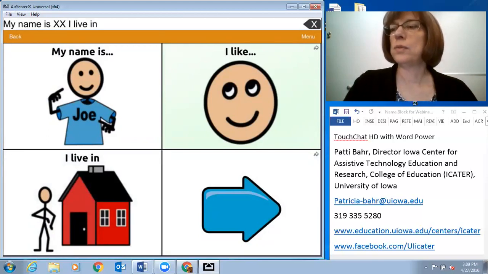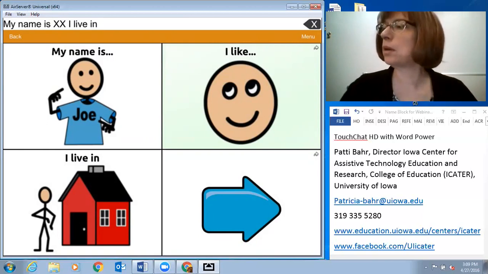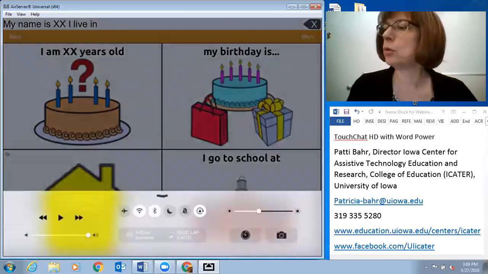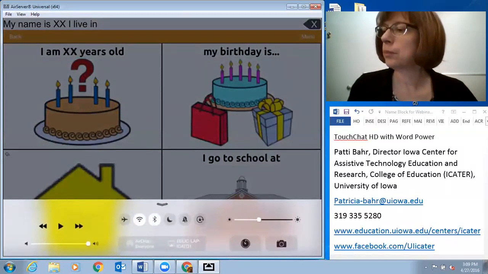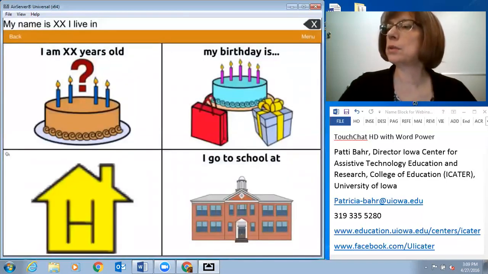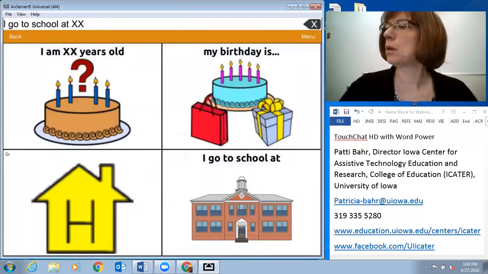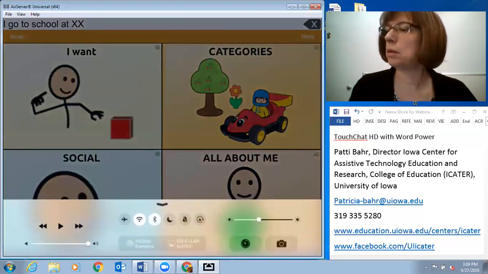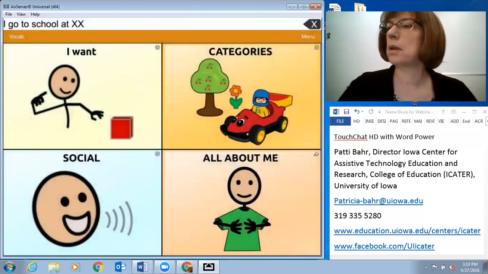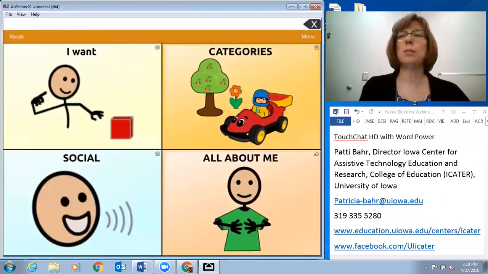You can see it should have said my name is XX, I live in, and typically it's a really nice voice. So let's just see, I'm sure it has to do with my mirroring. And it's either the lock on or the lock off. So let's see if it'll talk to us. It was talking earlier. My volume is up. Let's try that again. Some of these have to do with locks, locking the. Okay. Well, I'm just going to keep showing you the different